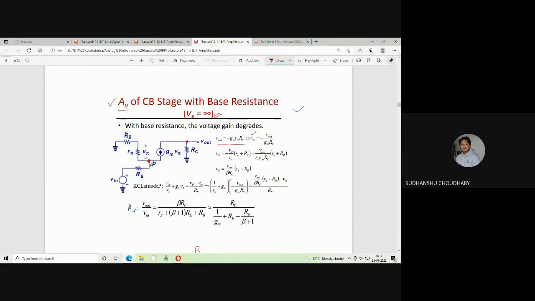So how do we write Vp? Let us see. So in fact, for writing Vp, one can say that the current through this plus this current, Gm V pi, is equal to the current through this. Okay. So the current through this can be written as V pi by R pi. Same as we did for common emitter, plus Gm V pi is current through this. So this is equal to the current through this, which is Vp minus Vin by Re.